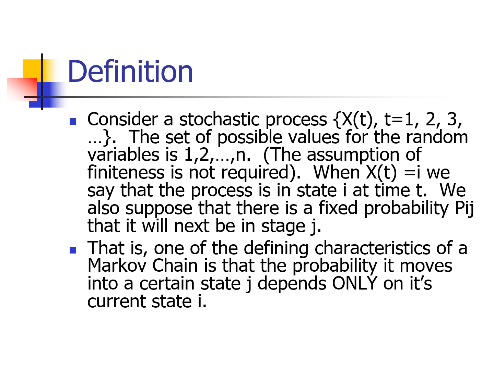This, incidentally, is one of the defining characteristics of a Markov chain, right? The probability that it moves into a certain state J depends only on its current state I. We could come up with lots of real life situations that are more complicated than that, so it is a bit of a simplification. But on the flip side, there are a lot of really interesting real life situations that are well modeled by a Markov chain. So this still is a very powerful thing to be comfortable with and learn about.